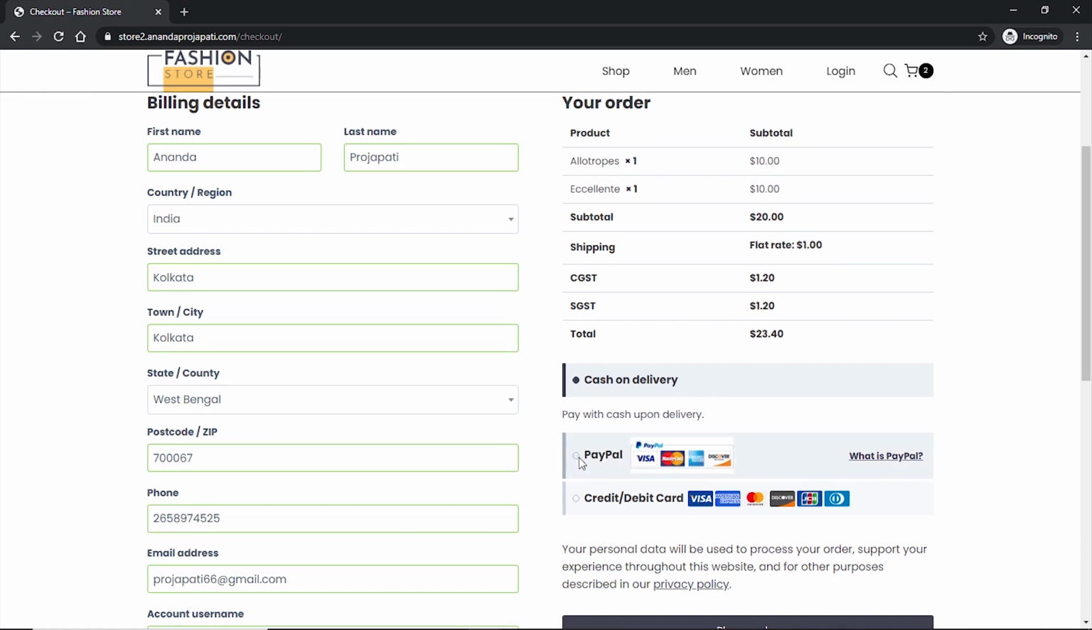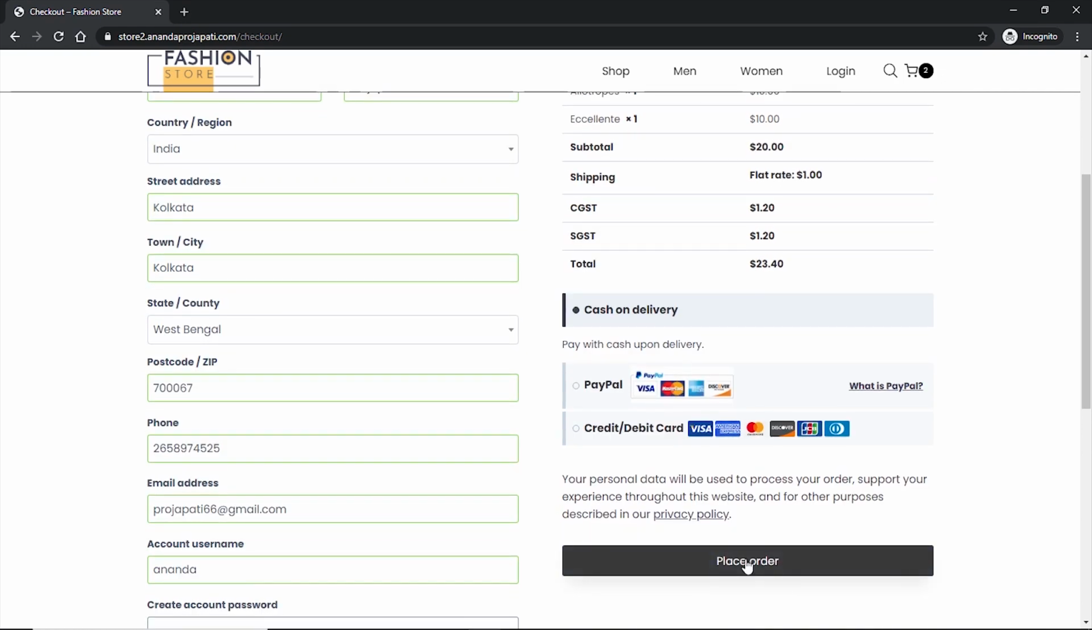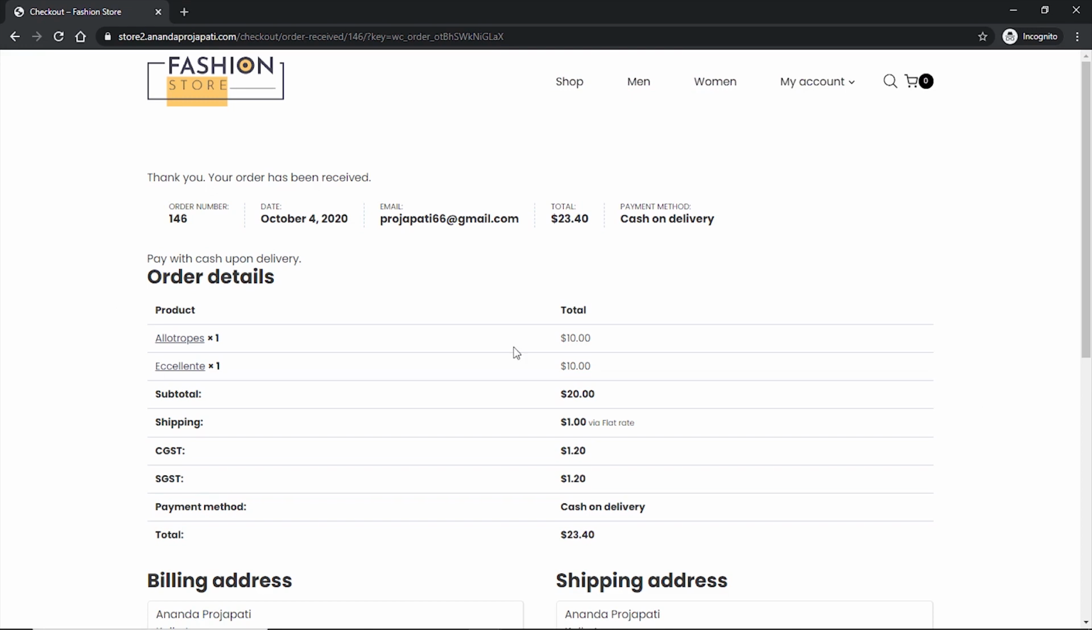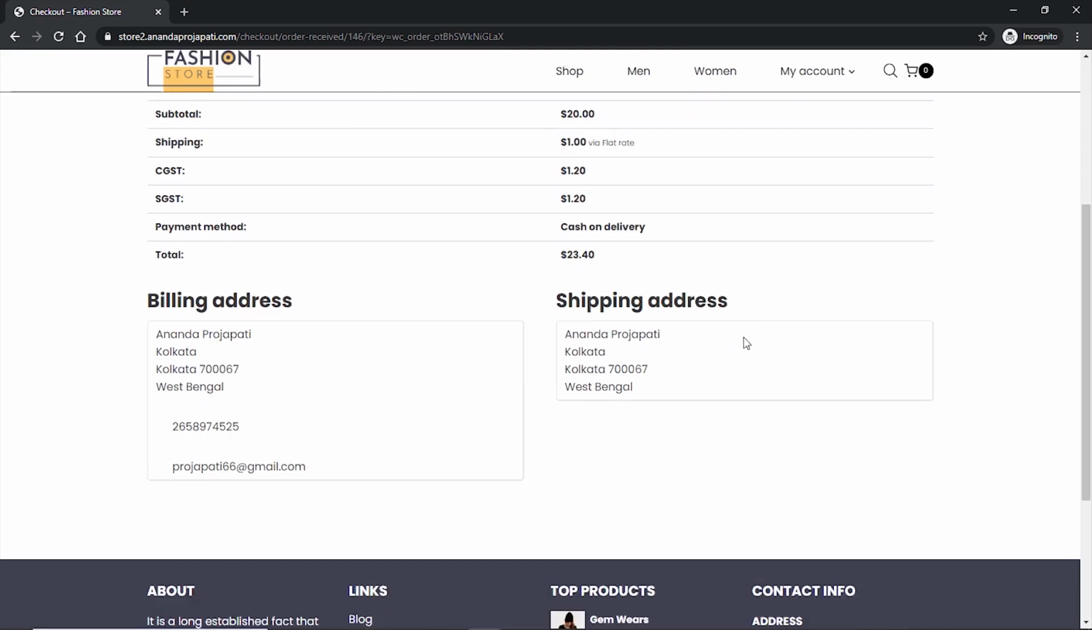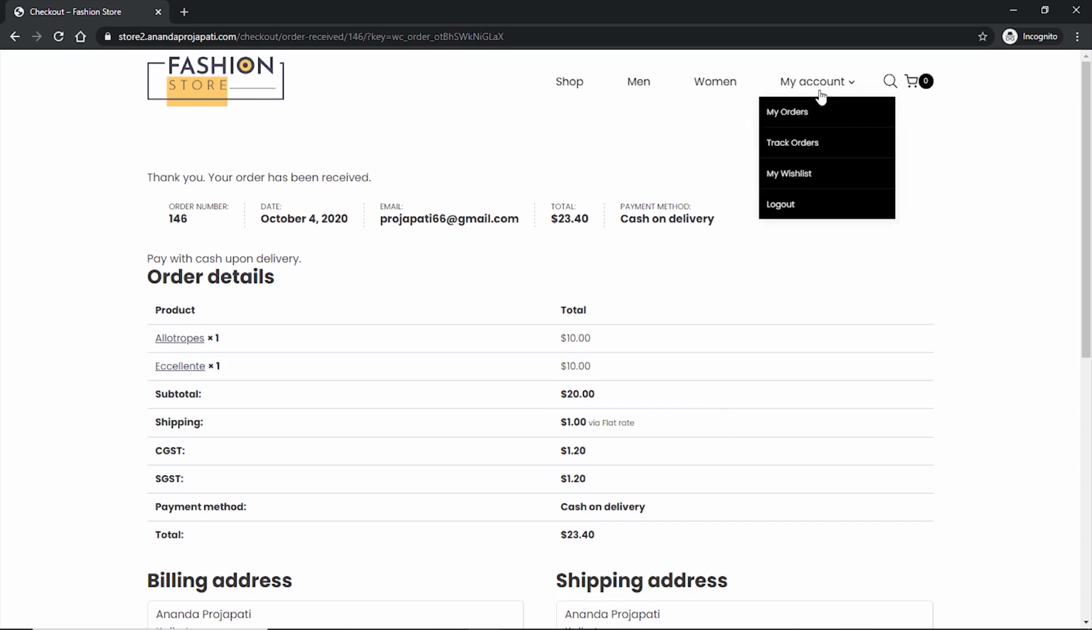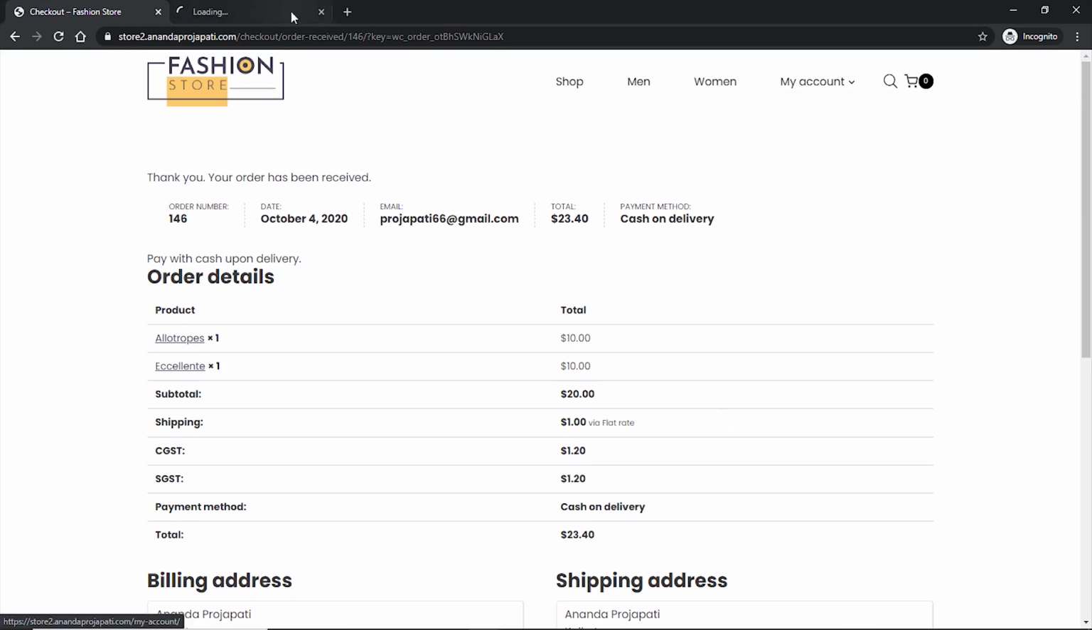First of all, let's continue with cash on delivery. I will just simply place the order. The order is successful. This is my order detail. Now if I go back to my account page,